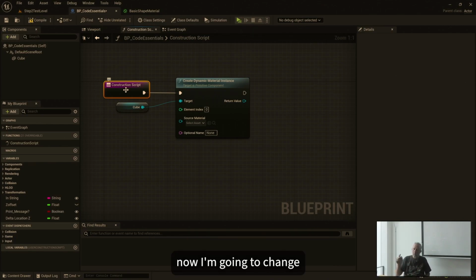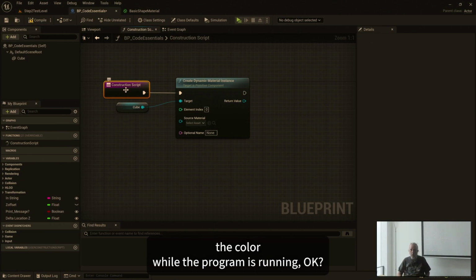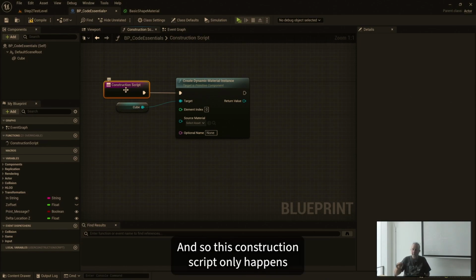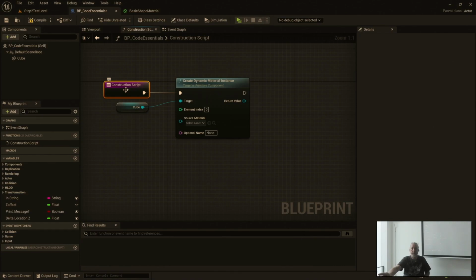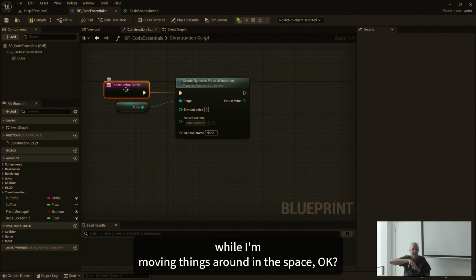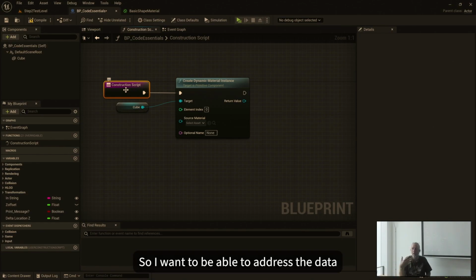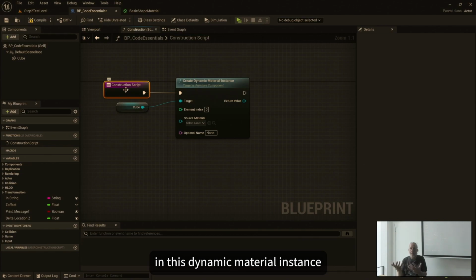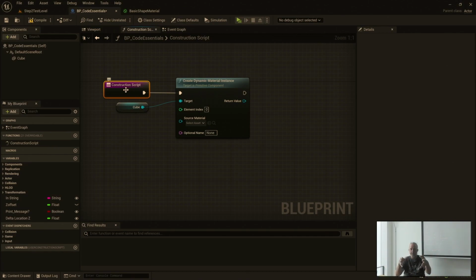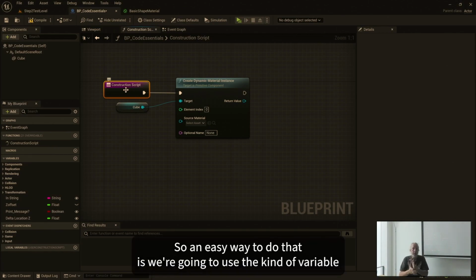Now, I'm going to change the color while the program is running, okay? And so this construction script only happens while I'm moving things around in the space, okay? So I want to be able to address the data in this dynamic material instance that was created on the object. So an easy way to do that is we're going to use the kind of variable I talked about before